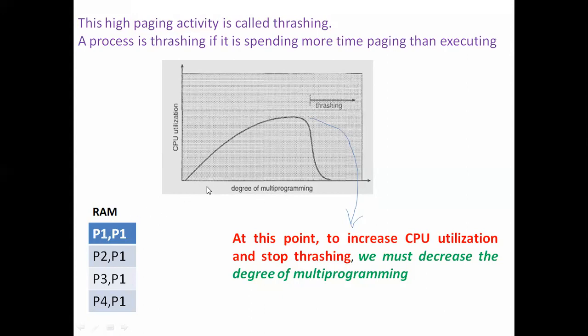So along the X axis I've taken the degree of multi-programming, and along the Y axis we have considered CPU utilization. And as you can see by the graph, suppose I have a higher number of processes, then